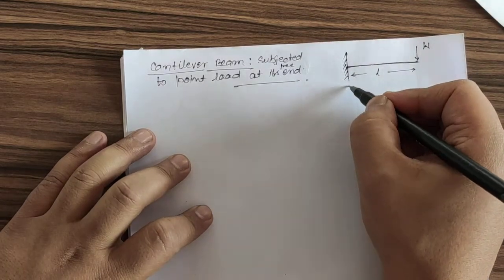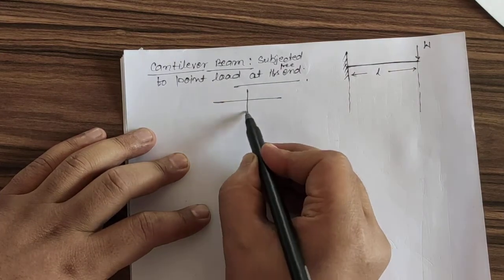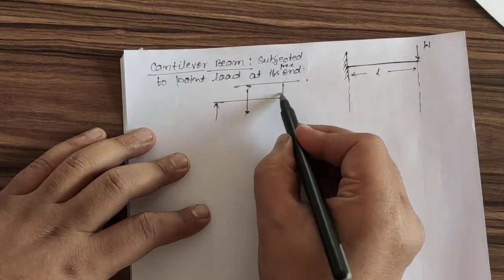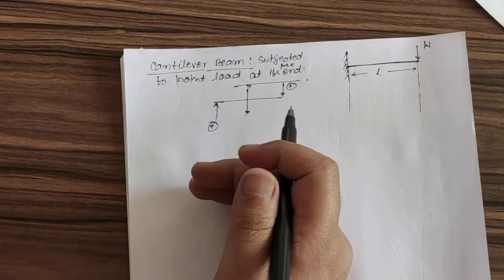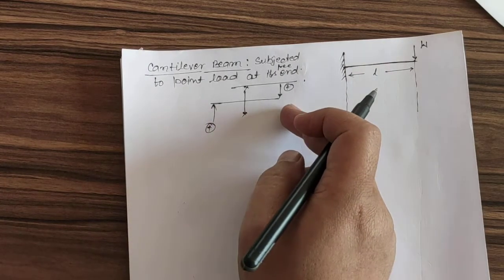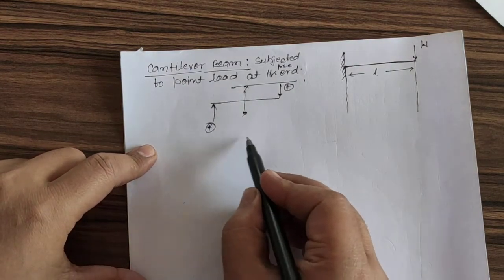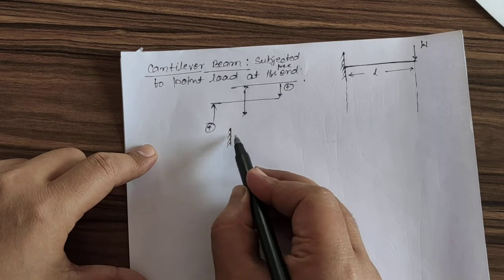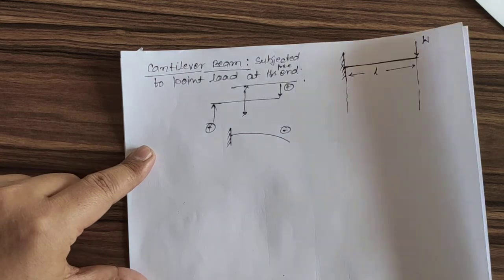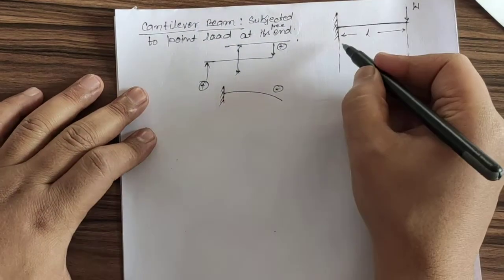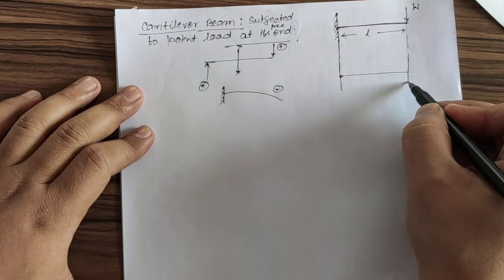One thing, the sign convention we have already discussed. If we have taken this section, then these two forces we will take positive. For the section, upward force on the left hand side we will take positive, and downward force on the right hand side we will take positive. Opposite to this we will take negative, and this kind of nature for bending moment, meaning this hogging nature, we will take negative. So, we have to take care of this sign convention. Now, shear force, these are very simple cases. Shear force.